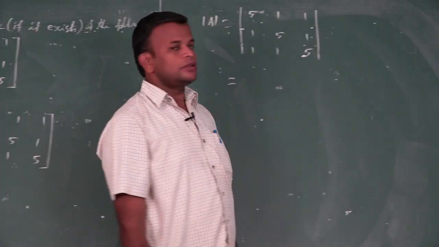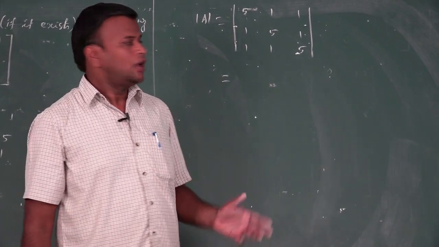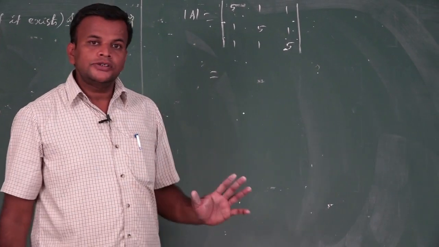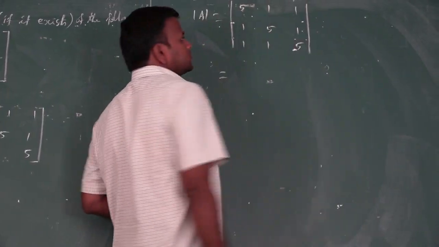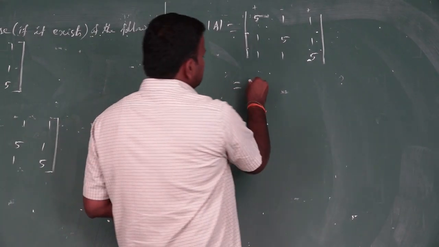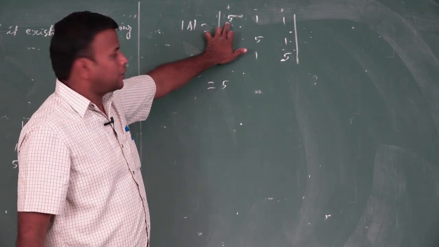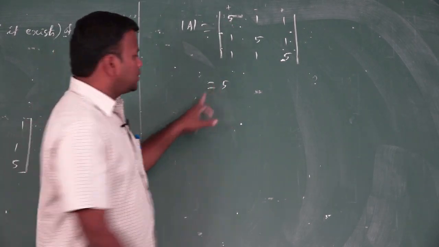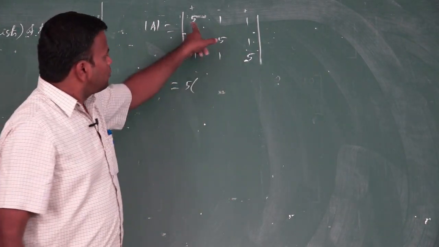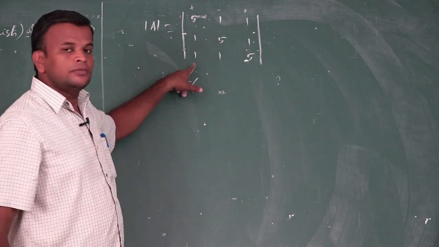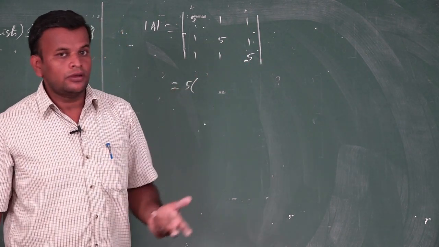In 11th standard, you know very well how to find the determinant of 3 by 3. I explained it in detail. What is the working rule? Here also, the place signs are plus, minus, plus. The first place is 5, so I put plus 5. We leave the first row and first column. What are the remaining elements? 5, 1, 1, 5. You remember the working rule?